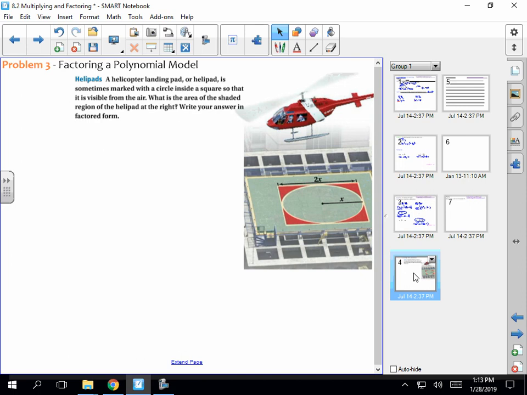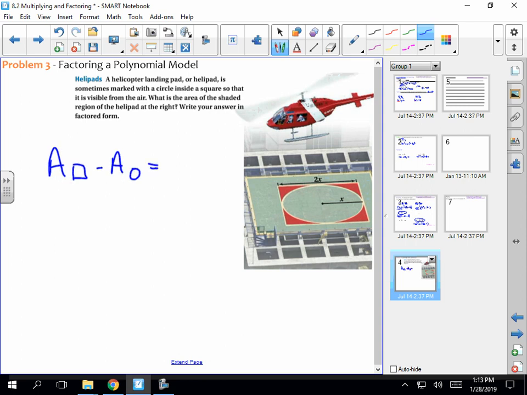So this is a generic dimensions here. We've got area, this is a little bit of geometry, area of the square minus the area of the circle will give you the area of the shaded part. It's a box. That's a square. So I'm doing a little pictograph here to show you what we're doing. Okay, we're going to get the area of the square. The area of the square is 2x